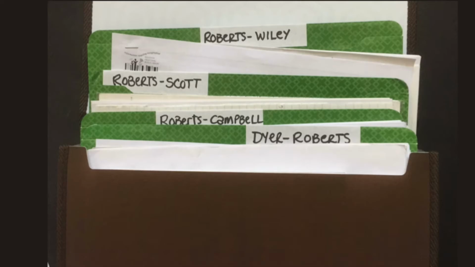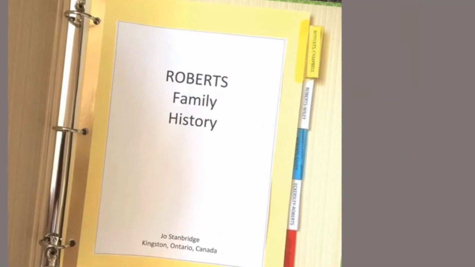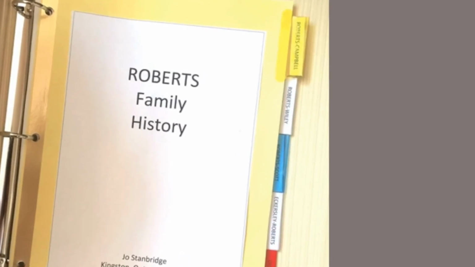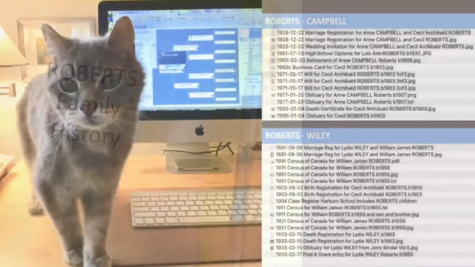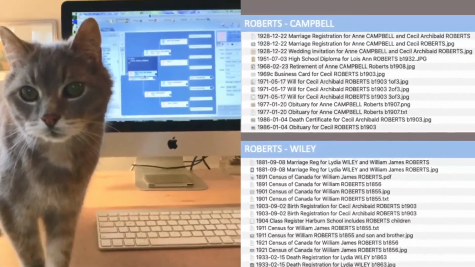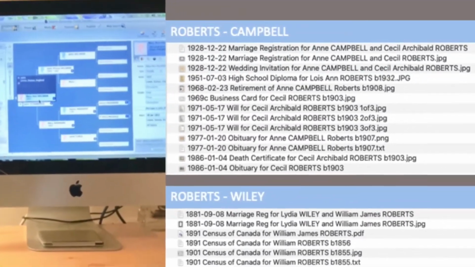Sort your documentation into folders couple by couple. As you continue to explore Ancestry Library Edition, remember to stop every now and then and put your newest finds into the folders, whether they're on paper or in 3-ring binders or on your computer.